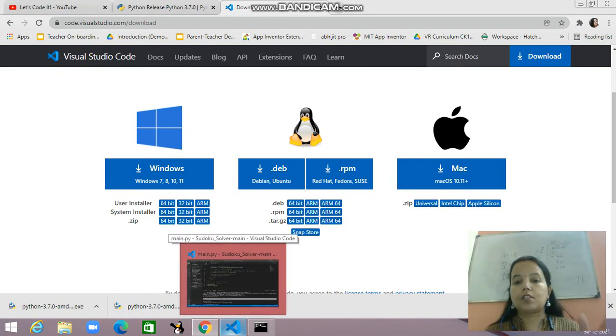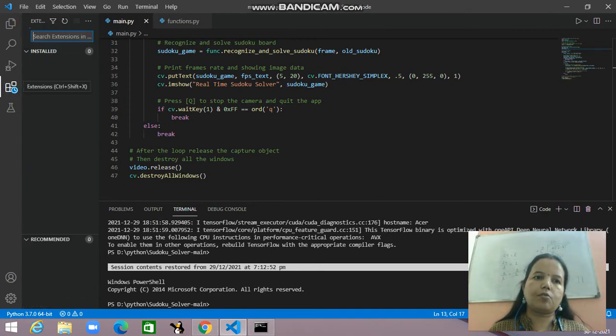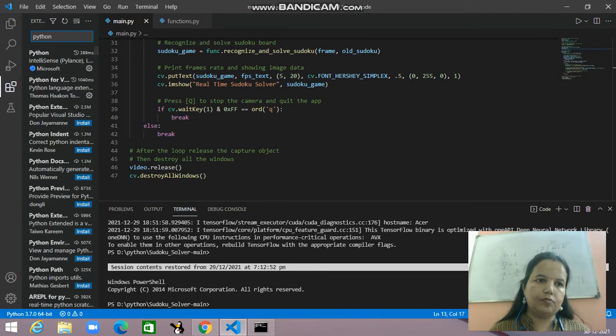Now the next part. How can we combine Python with Visual Studio Code? So this is our Visual Studio Code. I have already written many codes here. What you have to do is come here to the extensions and search for Python.